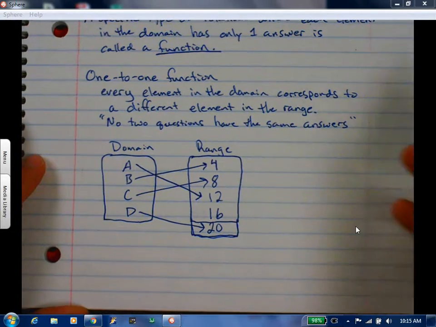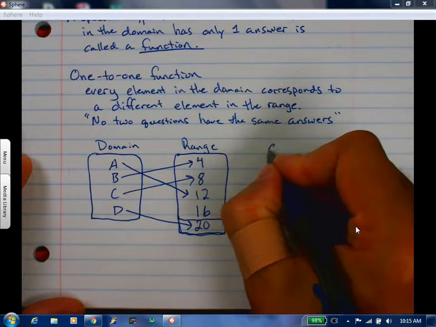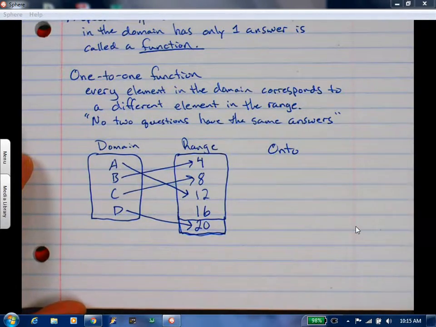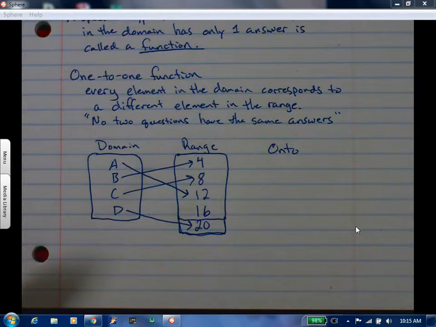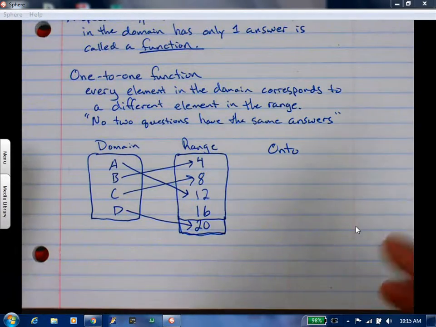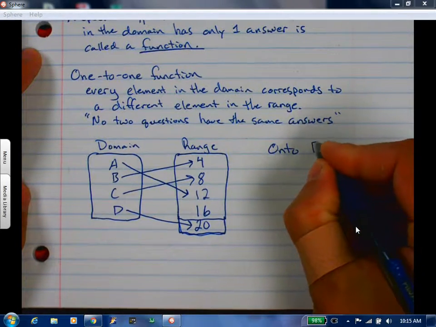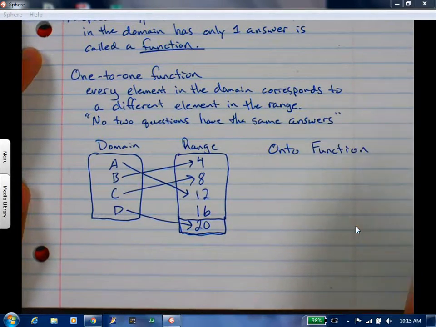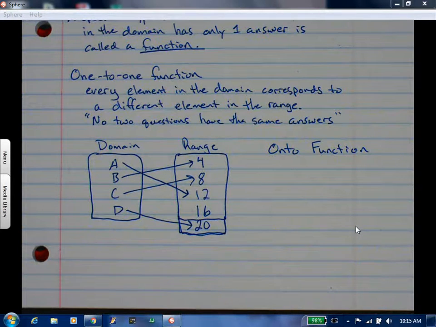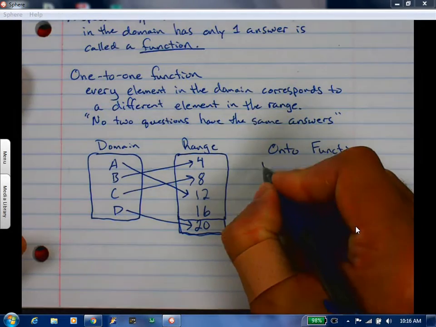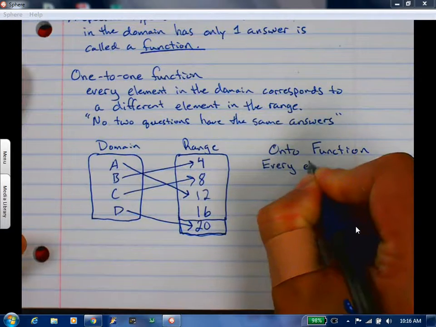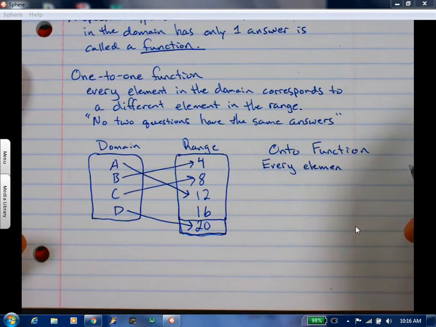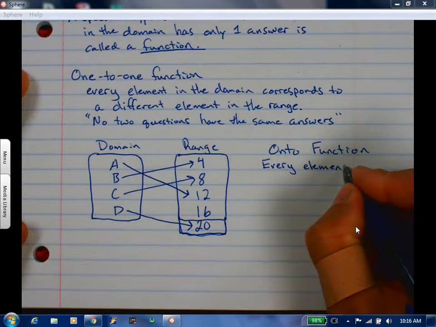The next one, we're almost there. You guys are doing good. We will work on this tomorrow because we have a few more things to get to. An onto function, what they call onto. I think it's a weird one. Every element in the range